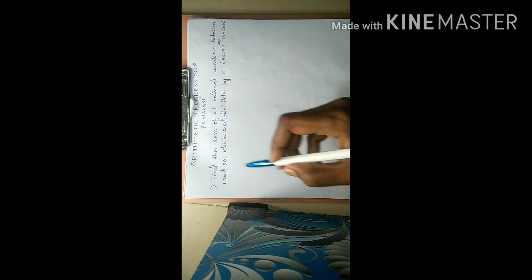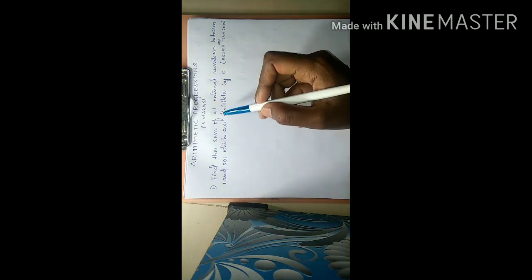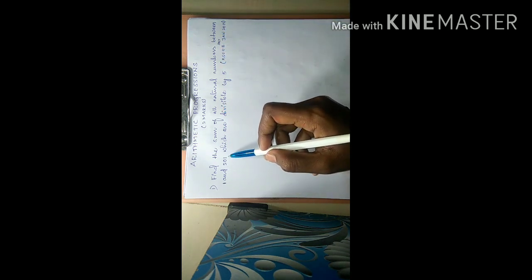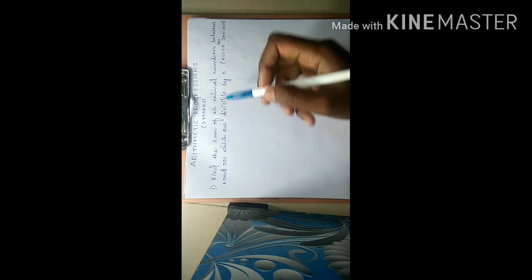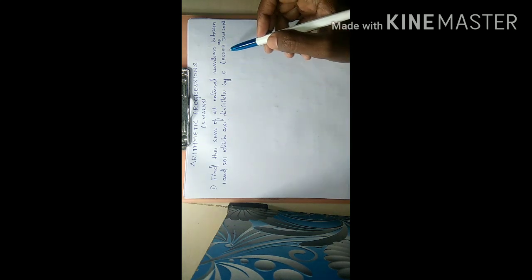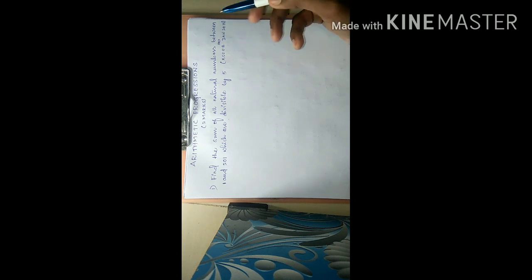In the last lecture, we studied the basic concepts and today we will be learning the 2-mark problems based on arithmetic progression. Let me take example 1. Find the sum of all natural numbers between 1 and 201 which are divisible by 5. This question is selected from the KSEEB solved question paper, January 2015.